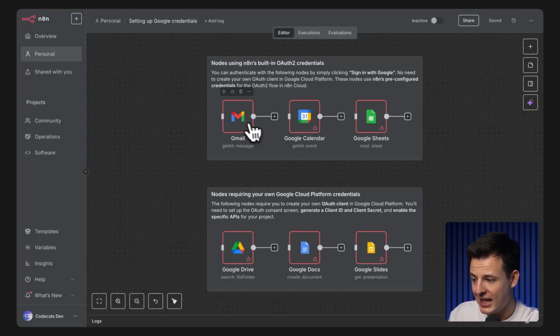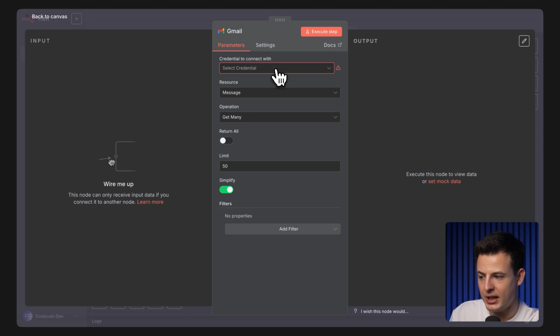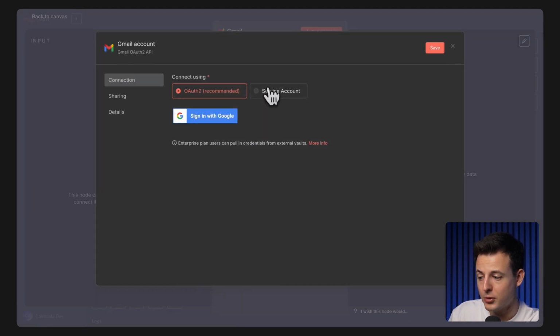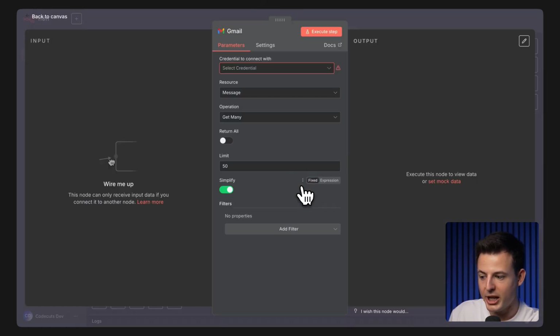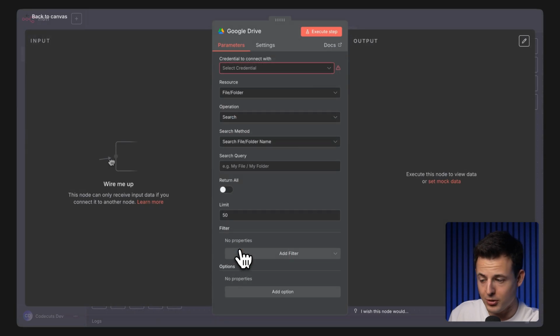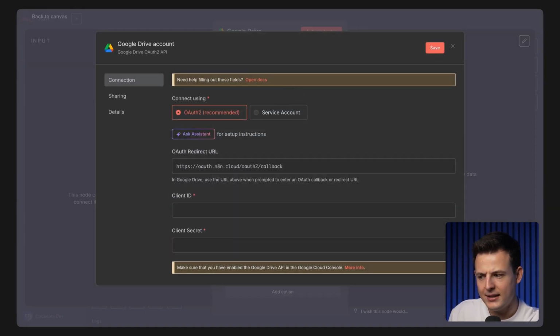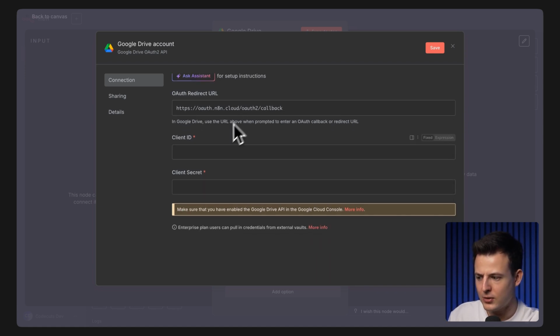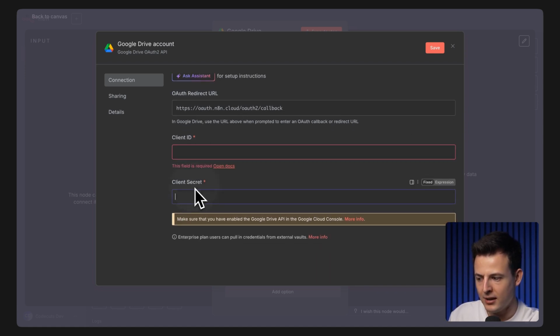For example, if I go to the Gmail node, click select credential, create new credential, I can already see the sign in with Google button that will take me to the Google consent screen where I can just give n8n permissions to execute actions on my behalf. But if I go back to my editor and go to, for example, Google Drive, we'll follow exactly the same steps. So I'm going to create new credential. Then for the same setup, also for OAuth 2, I will need to provide n8n with client ID and client